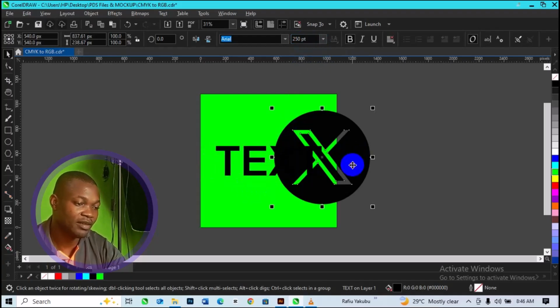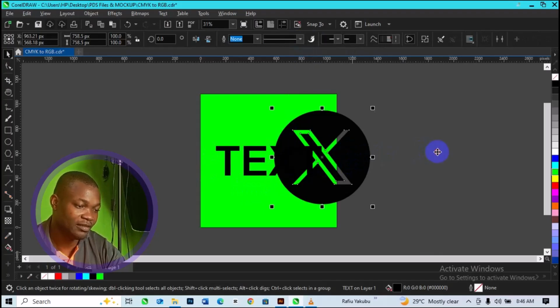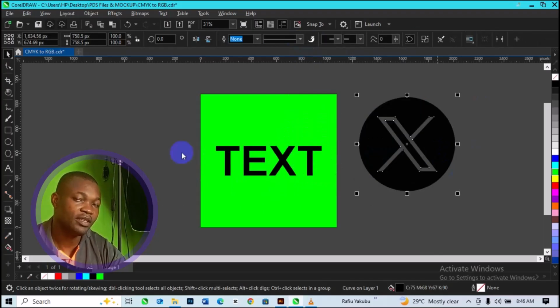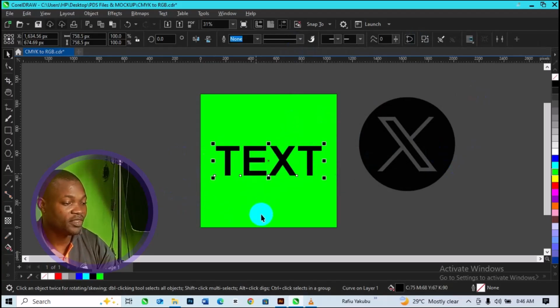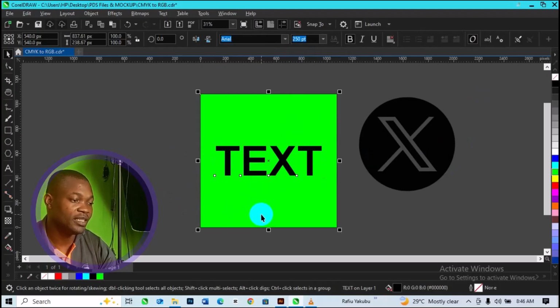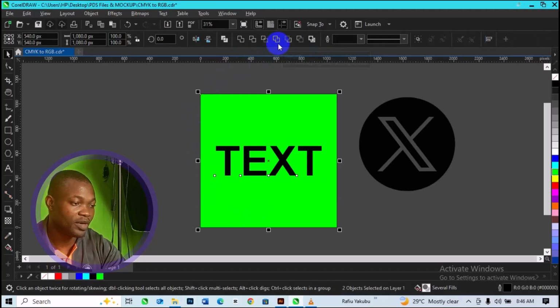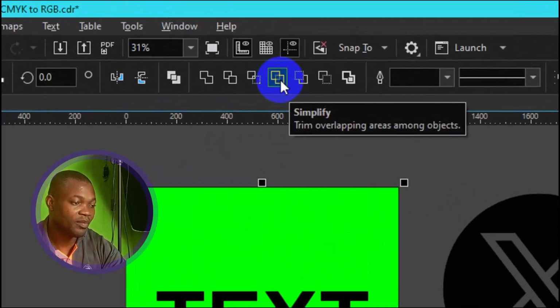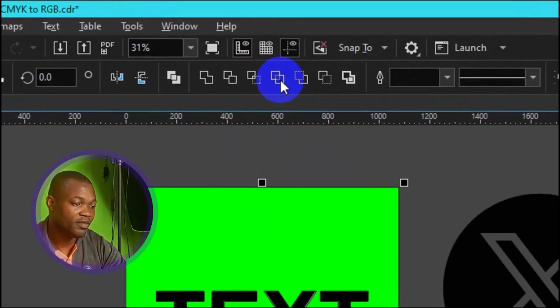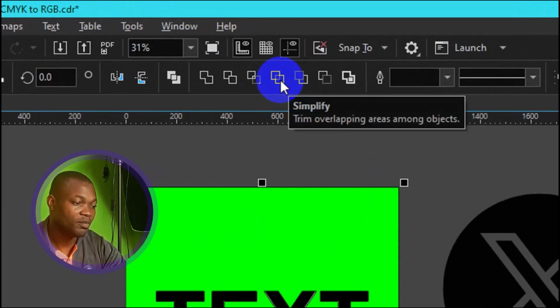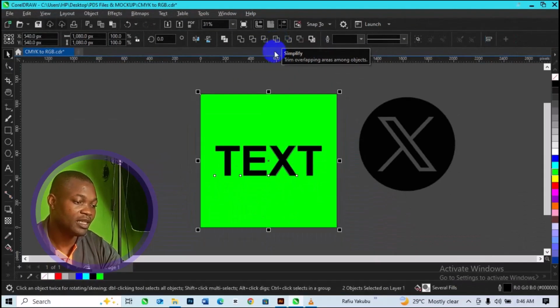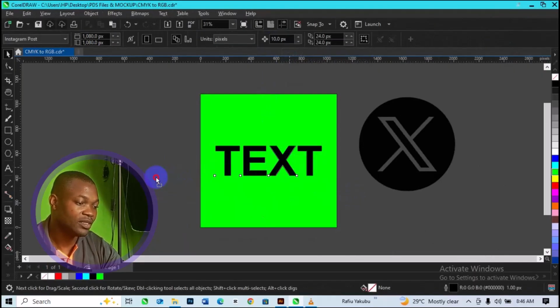Now I'm going to select this particular object and take it right here. Now we want to create a see-through option. So select the text, press the Shift key down and select the background object. Then the next thing you want to do is come to the property from the top right here. Go ahead and click on simplify. Once you click on simplify, it's going to take effect on both the object and the shape. So if I decide to bring out the text right here, you're going to see,